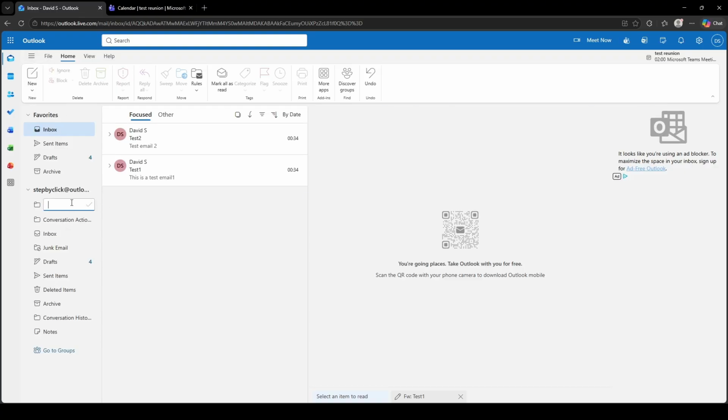A text field will appear where you can type the name of your new folder. Name it something meaningful, like the name of a project, a client, or a category of emails you regularly receive. Once you have typed the name, press Enter, and your new folder will be created instantly and will appear in